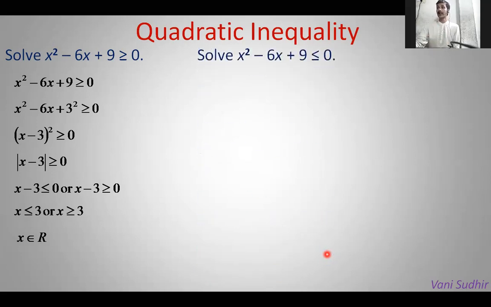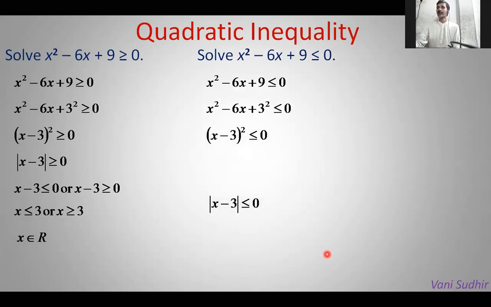Okay, we'll discuss the same thing. If less than or equal to 0, will the same thing happen or not? Same here. You can apply the (a minus b) whole square formula. We'll get (x minus 3) whole square less than 0. See, here it is not the same as greater than or equal to 0. Why? Because here it is a square; if you square any number, will it be less than 0? No. Okay, so you can write in absolute form. In absolute inequality form we wrote modulus of (x minus 3) less than or equal to 0.